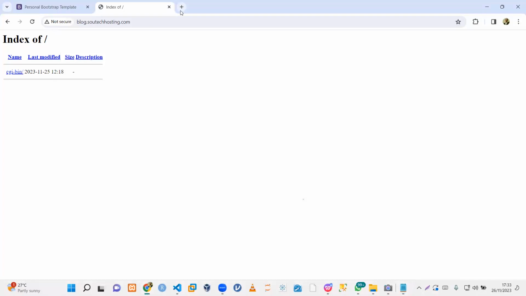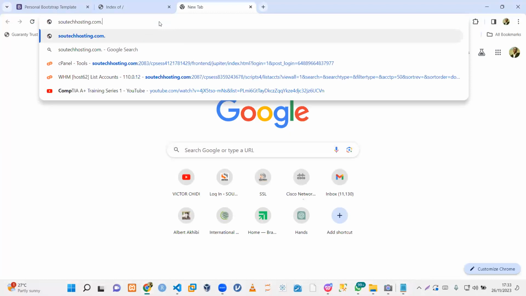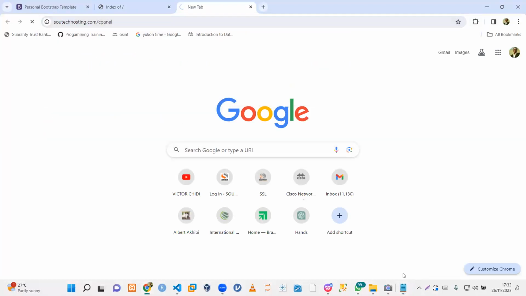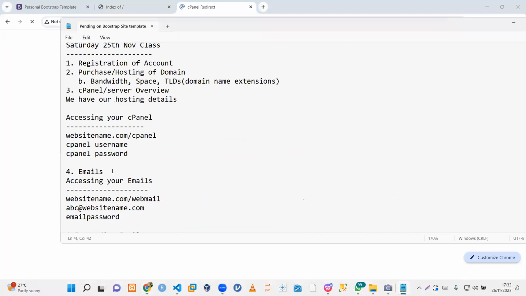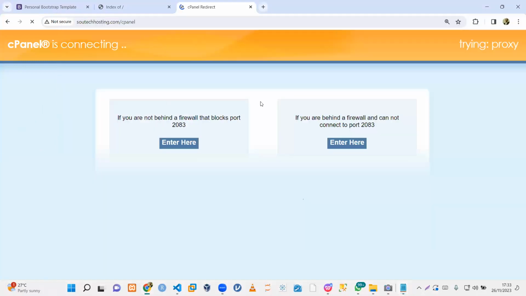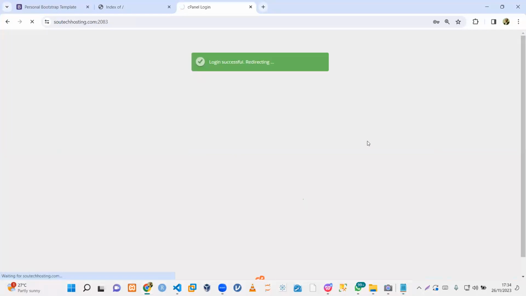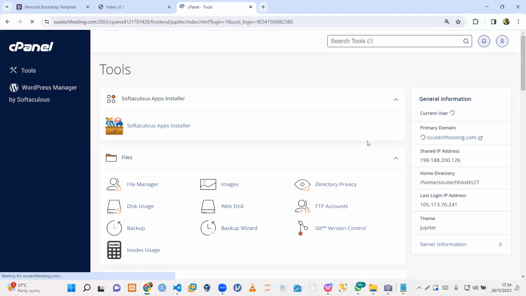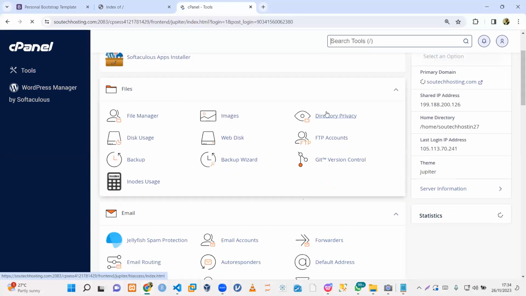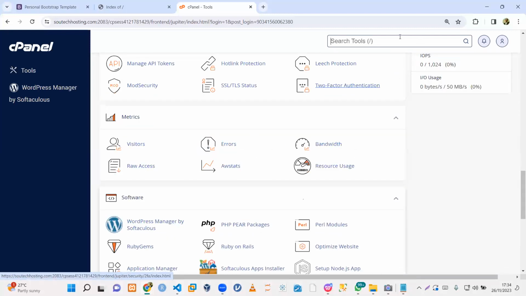Okay, so I'm going to go ahead now and log into my cPanel. We already explained that in the previous class, how to log into your cPanel. The website's name/cPanel, you put in your username and password, and you're in your cPanel. Okay, so this is what your cPanel looks like. In the previous class, we explained this. So we just head to software. You can also search here